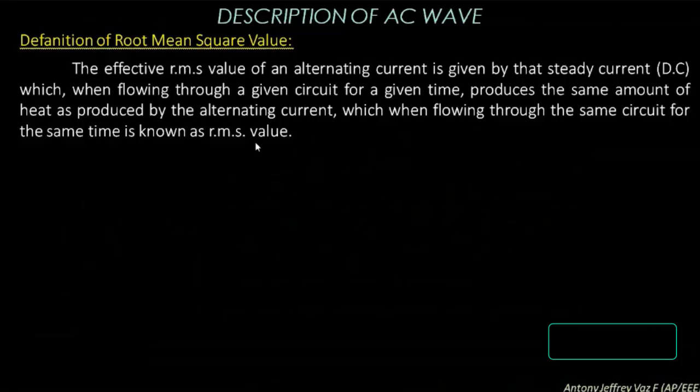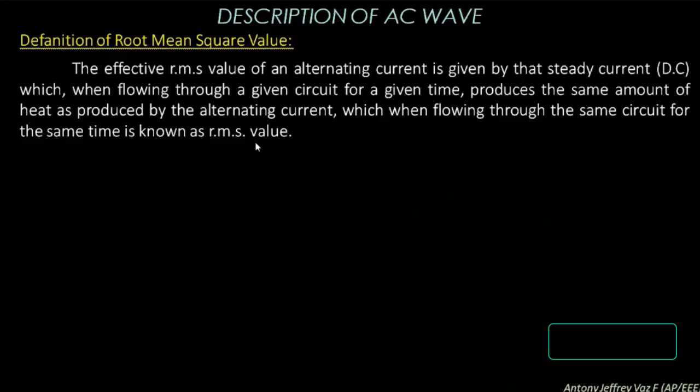If you think about a DC circuit with a DC battery and a resistor connected in the circuit, and a DC current is flowing through the resistance, then due to I square R loss, the resistance will be heated. Consider we flow the current into the resistance for 1 hour, and the resistance gets heated up to 80 degrees centigrade. In the same case, if we use an alternating current or AC voltage instead of the battery to heat up the resistance,